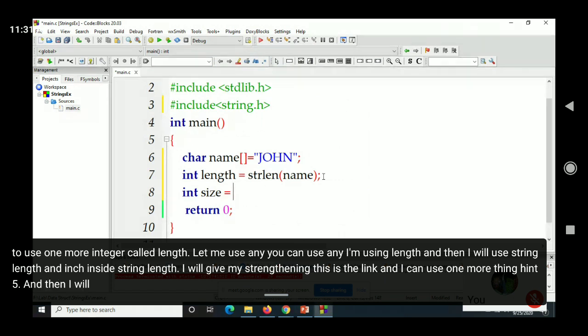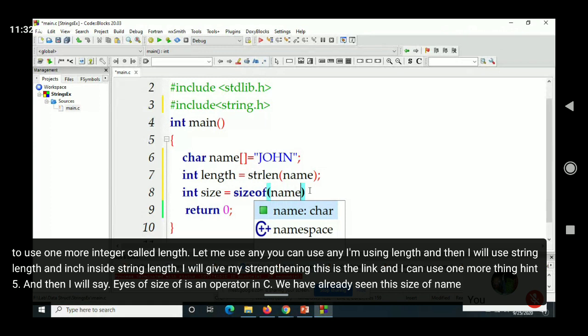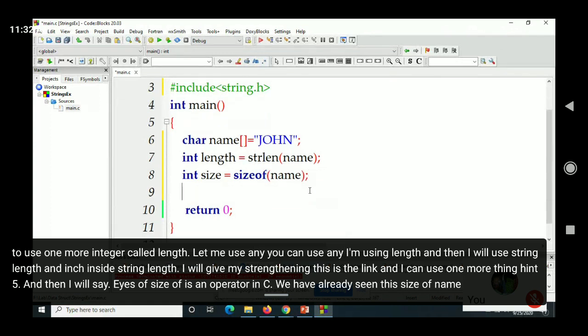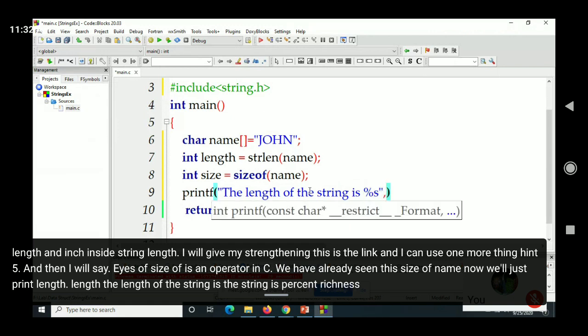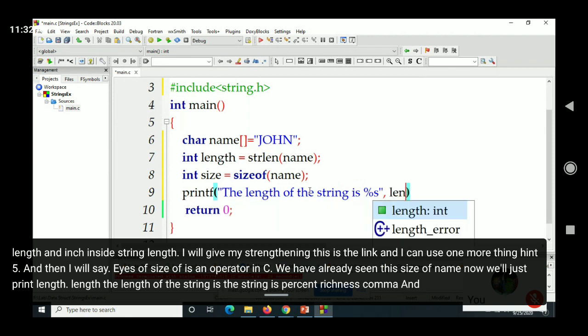I can use one more thing, int size, and I will say sizeof. Sizeof is an operator in C. We have already seen the sizeof name. I will just print length. The length of the string is %s, comma, and I will use the length variable here.